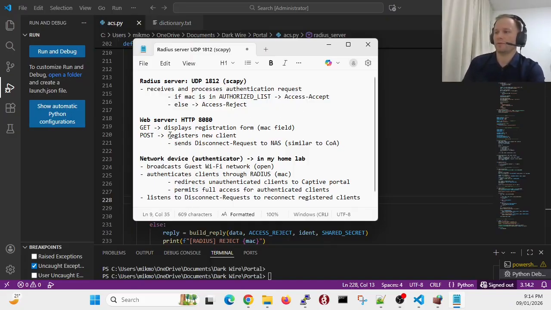The other component is the web server. So the web server will be listening on port 8080. We are not going to implement HTTPS for simplicity, only HTTP. The web server will implement GET and POST methods. The GET method will just display the registration form, and the POST method will actually run when the client clicks on the submit button